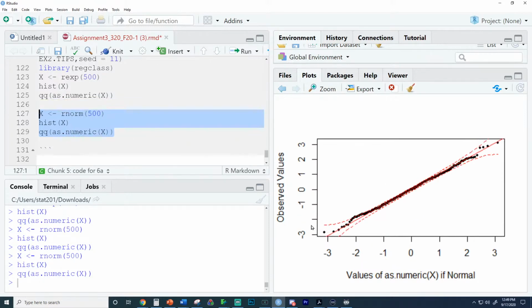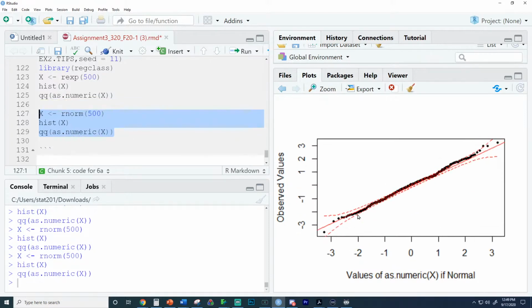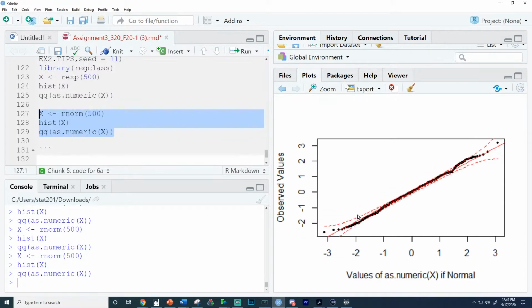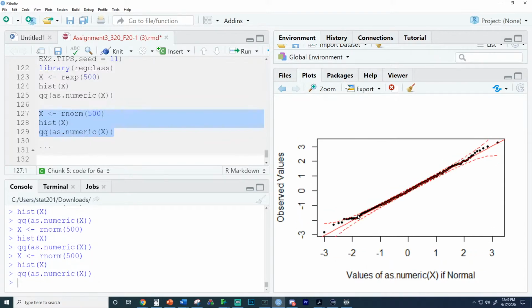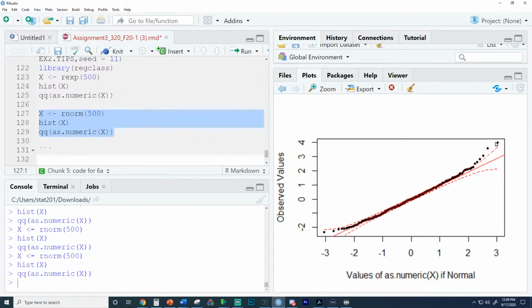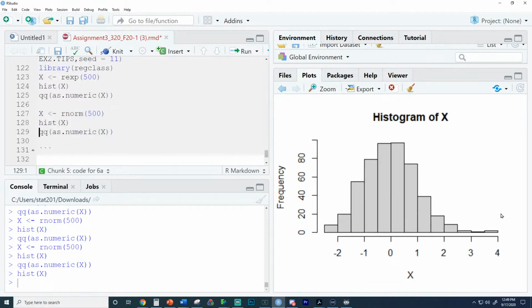Do not worry if there's a little bit going outside. If there's a little bit going outside the boundaries, that is not the end of the world. All of these are actually from normal data, so they all are good. So if you're like, oh no, there's a little bit outside, whatever, it's fine. Because if you look at the histogram, it's got a little bit of outliers right there, but it's fine. Everything is fine.